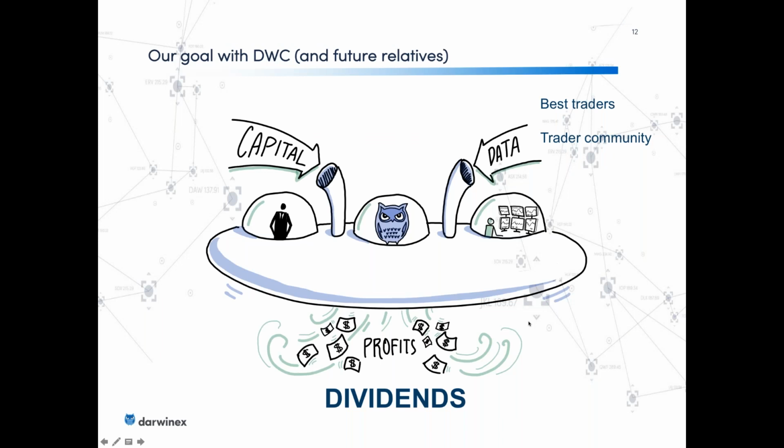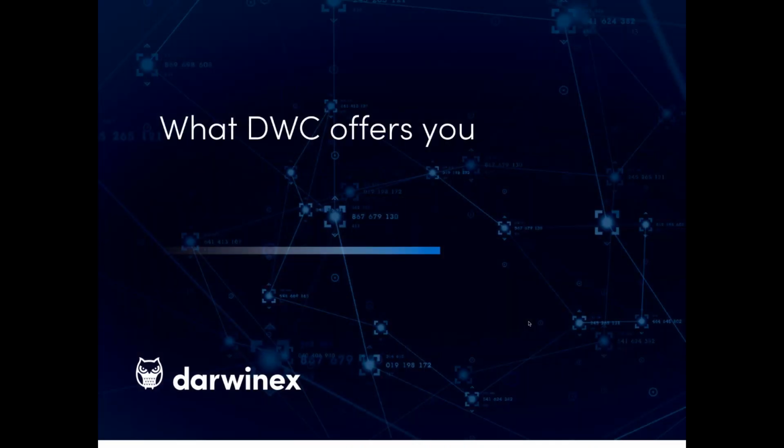So that's that. Now, when it comes to what DWC could offer you, well, in a nutshell, it's doing something that you can only do by either being a market maker or being a shareholder in a market maker, which is to trade against people who lose systematically, as we discussed before. So if you want to earn that 85% of losses, then you can basically either become a market maker, or you can buy shares in a market maker. But unfortunately, if you buy shares in a market maker, you'll have to pay the PE ratio for that.